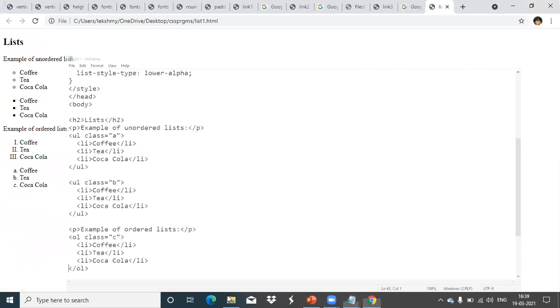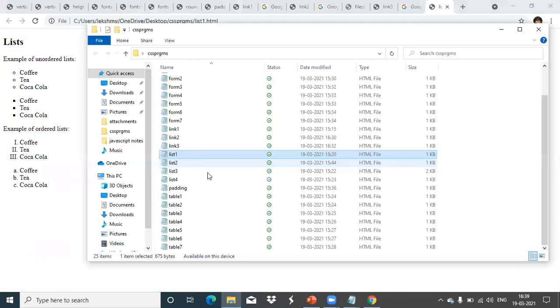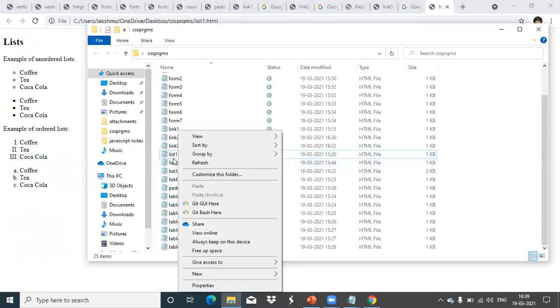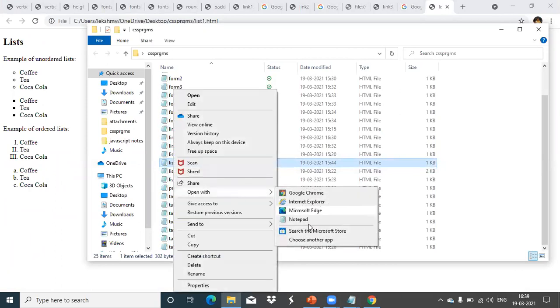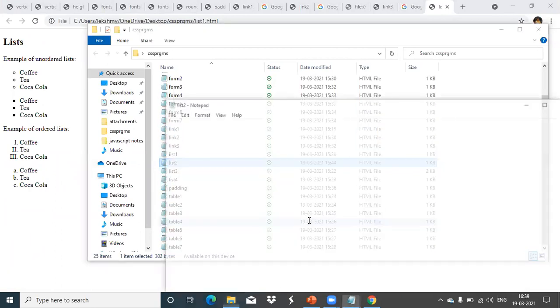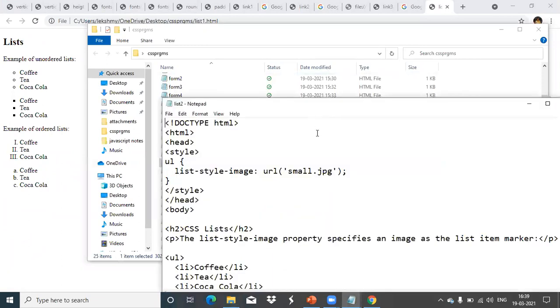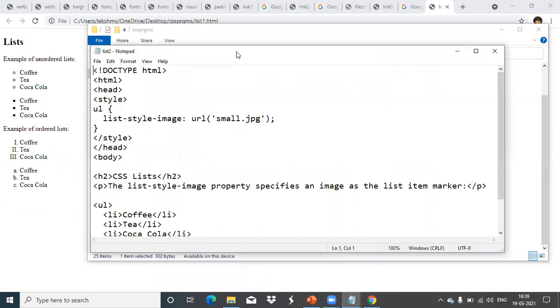Now another one. If you want to change the list styles, that means instead of those bullets, you can change to a different image. If you have an image, you can change with that image. That is list-style-image.